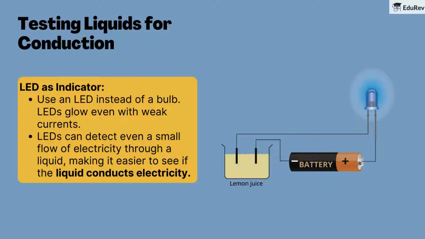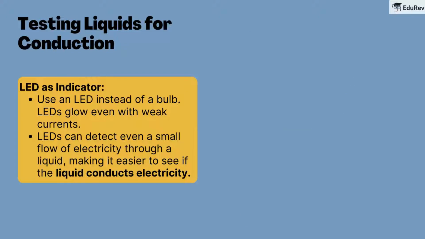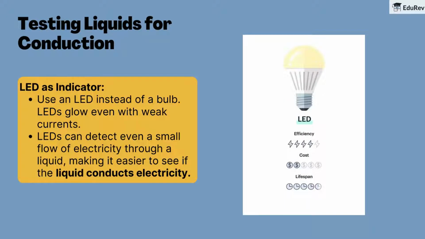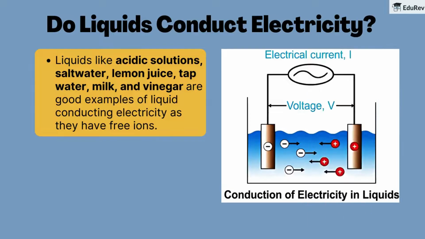LED as indicator. Use an LED instead of a bulb. LEDs glow even with weak currents. LEDs can detect even a small flow of electricity through a liquid, making it easier to see if the liquid conducts electricity. So, students, liquids like acidic solution, salt water, lemon juice, tap water, milk, and vinegar are good examples